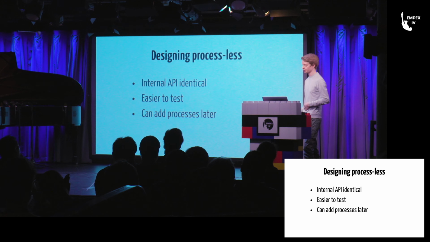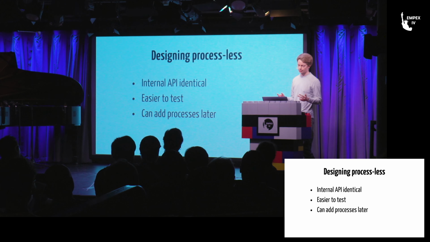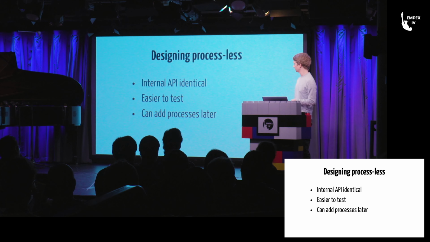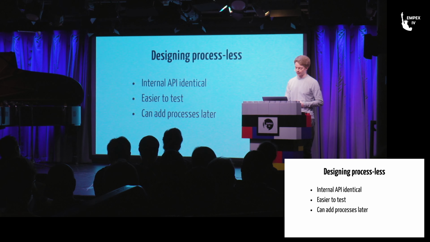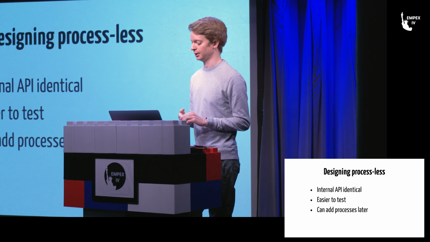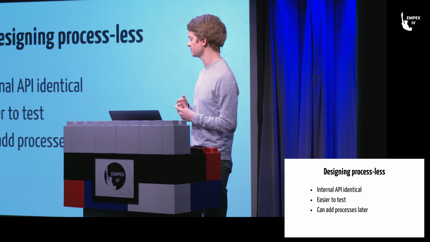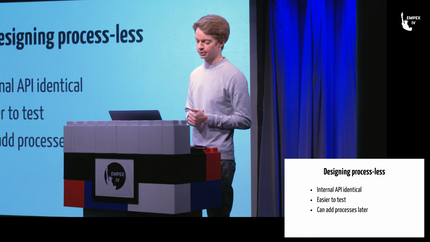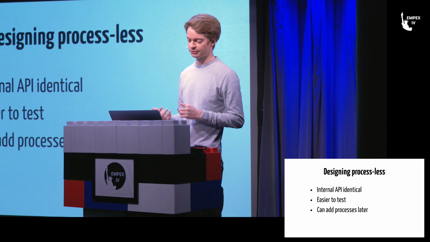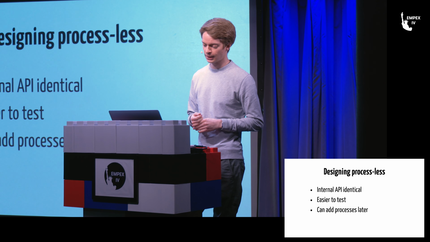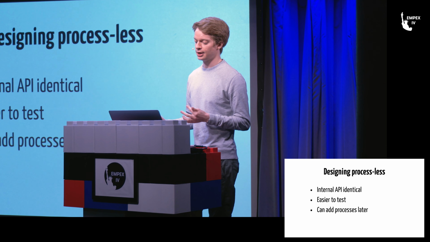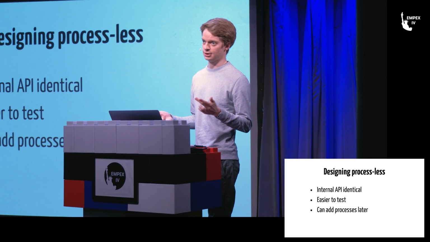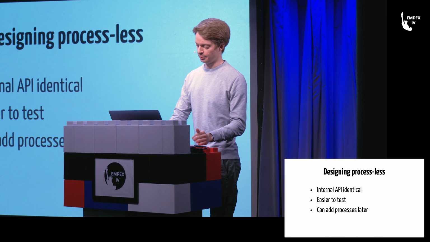If you decouple your pure code from the code that uses processes, the internal API would be almost identical anyway. And if you've done this decoupling, at least I feel like it's easier to test the code, because I think it's easier to test side effect-free code than code with side effects. And in the end, you can always add processes later, and that's easier than maybe changing the process